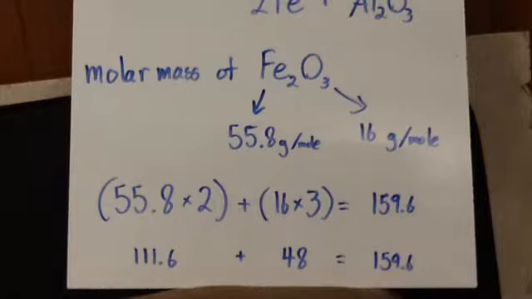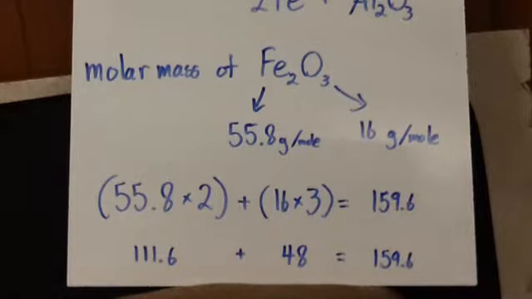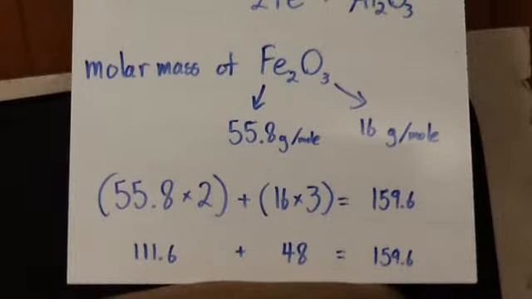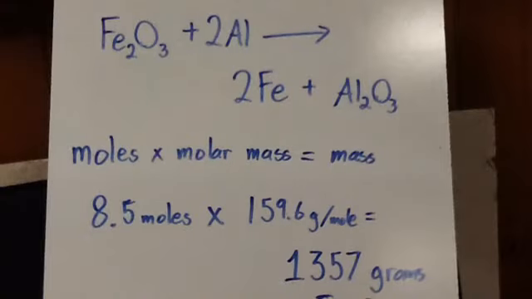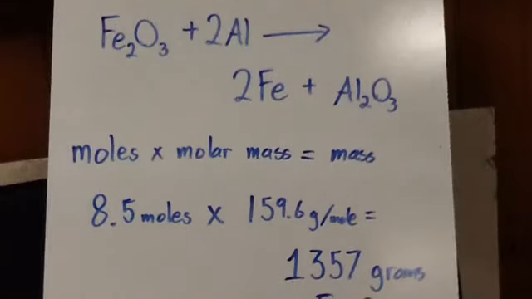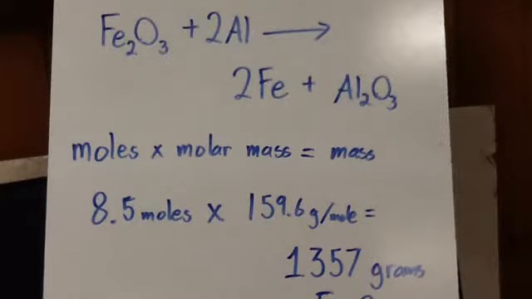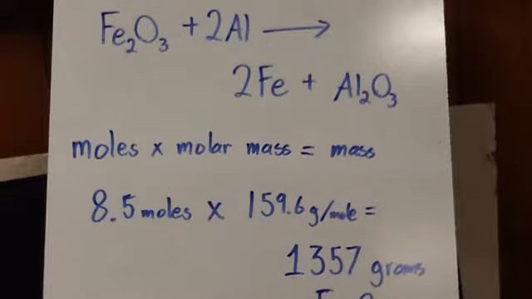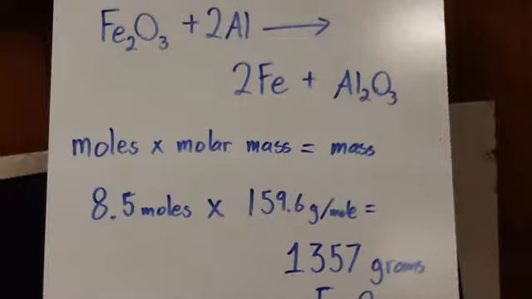And if you remember, we have 8.5 moles of iron 3 oxide. So now we're going to figure out how many grams of iron 3 oxide we have. We are doing moles times molar mass to find the mass. Okay, you are multiplying, so just remember, moles times molar mass equals mass. And we have 8.5 moles of the iron 3 oxide times its molar mass,